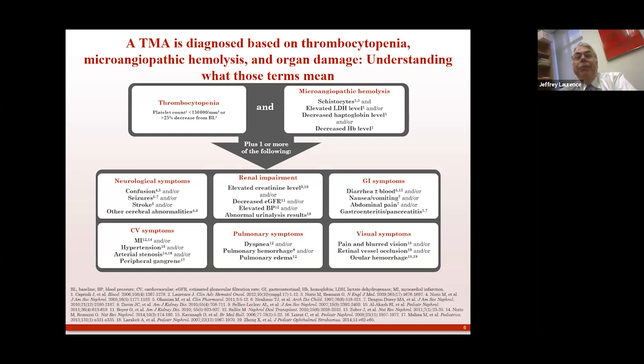Because what's a schistocyte? It's a fragmented red cell. What happens to fragmented red cells? They get sucked up by the spleen or extravasate into tissues. Elevated LDH, decreased haptoglobin, decreased hemoglobin is in any hemolytic anemia. Then you want organ system dysfunction. Any organ can be involved in any TMA with the one clinical pearl: the lung is frequently involved in HUS. The lung is never involved in TTP.